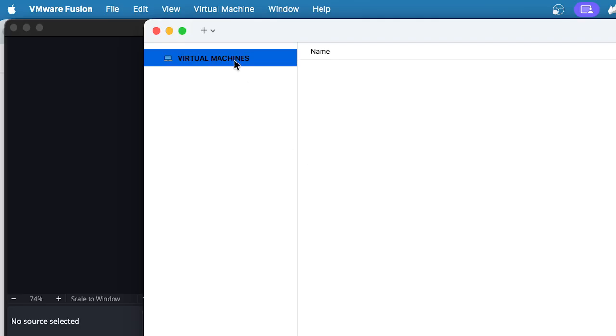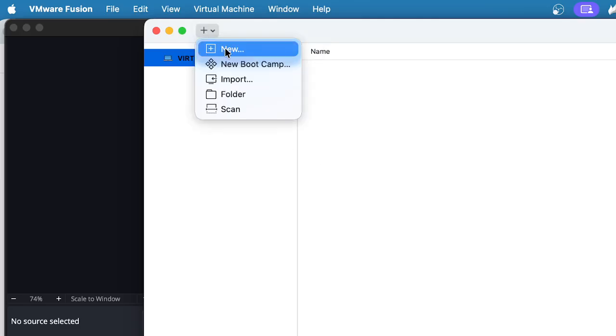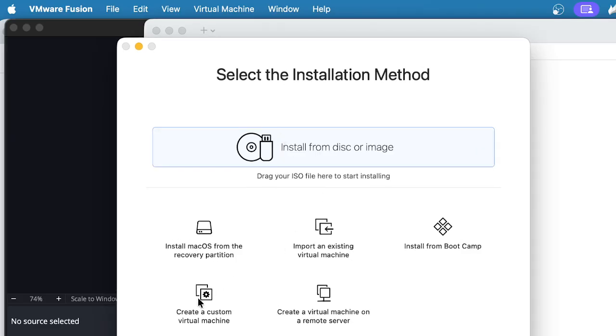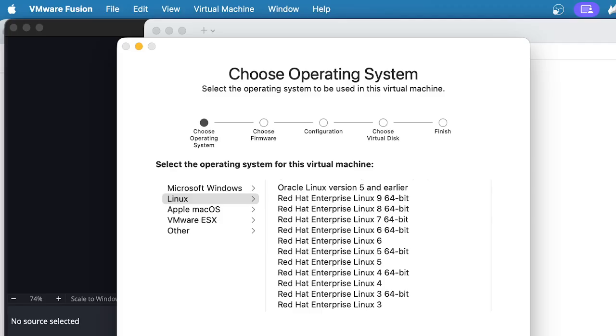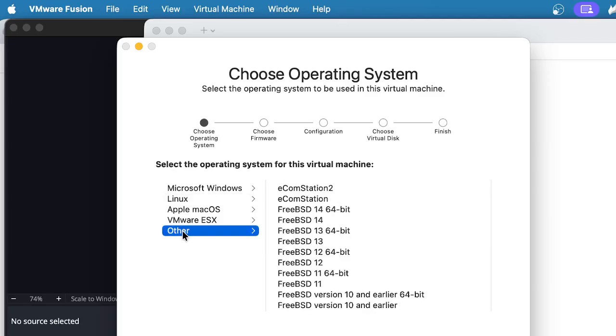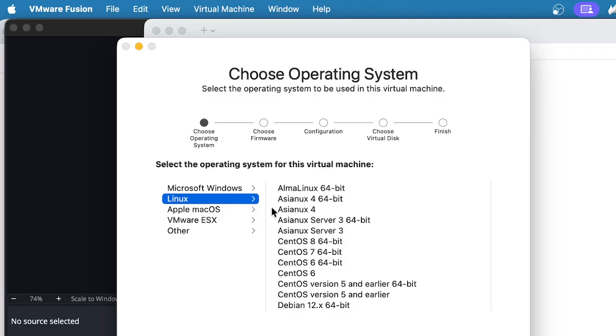This is VMware Fusion. Click on new, create a custom virtual machine, click continue. There are different operating systems available here: Windows, Linux, Apple, VMware ESXi and other Linux. So here we'll click on Linux,